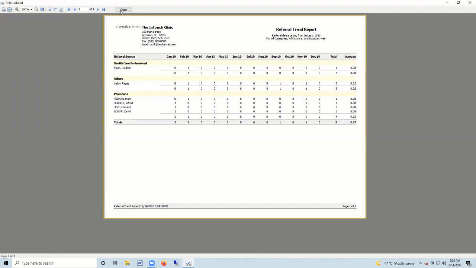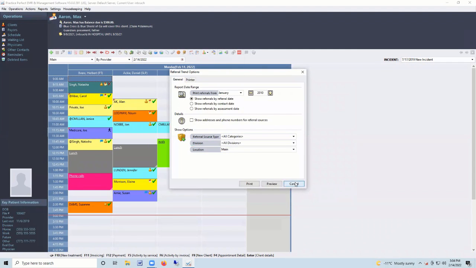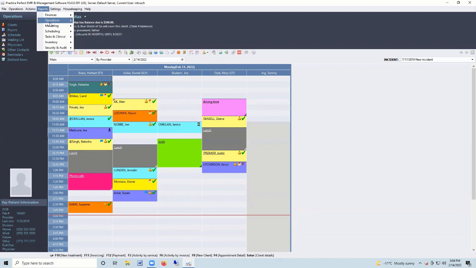Again, we can do dollars. We can do detailed listings as well of the actual referred patients. All of that is built in. Missing fields report, we can track if information has not been entered based on the office person. Scheduling, number of different ways of printing out your schedule for the day, for the week, for therapists, that sort